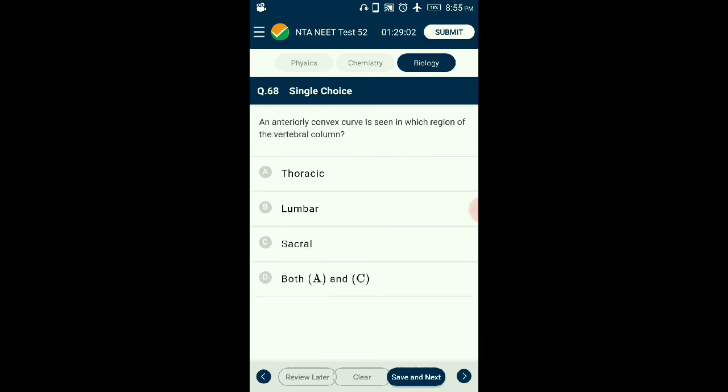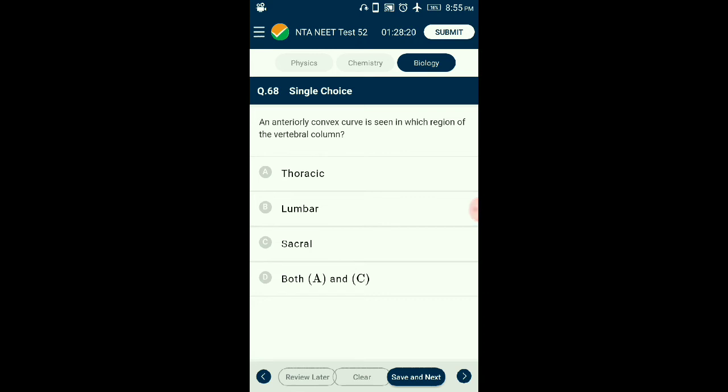Question number 68. An anteriorly convex curve is seen in which region of the vertebral column? The vertebral column plays the most important role in maintaining the posture and contour of the body. It is formed by 26 units called vertebrae. The first vertebra is called atlas and it articulates with the occipital condyles. The vertebral column is differentiated into cervical, that is 7 vertebrae, thoracic vertebrae, that is 12, lumbar vertebrae, that is 5 in number, sacral vertebrae, that is 5 fused to form one bone, and coccygeal vertebrae, 4 fused to form